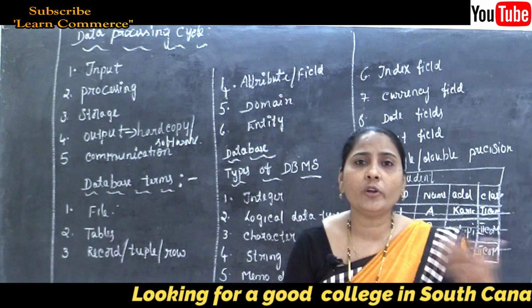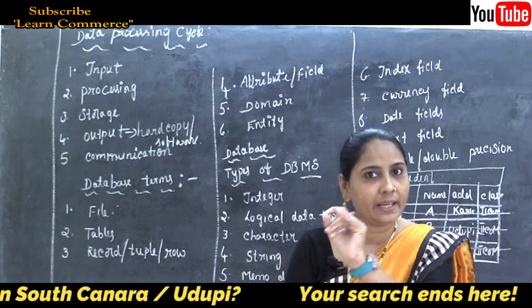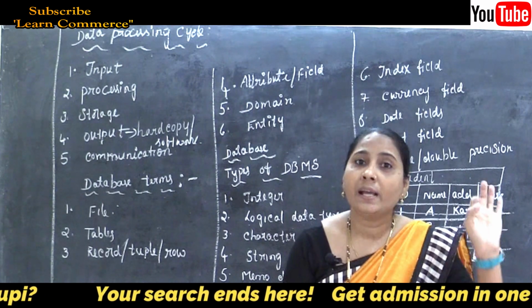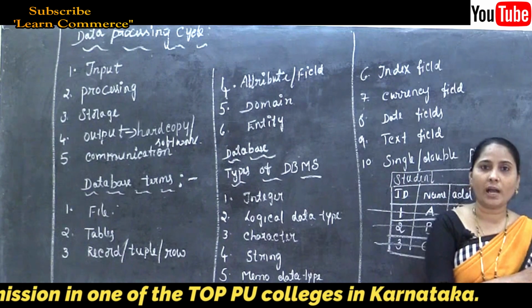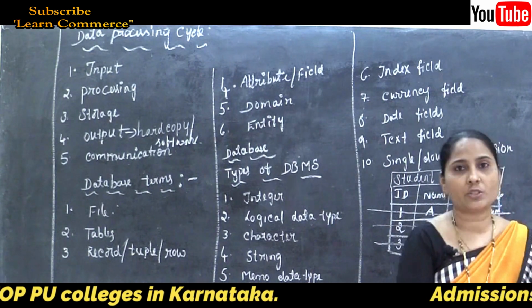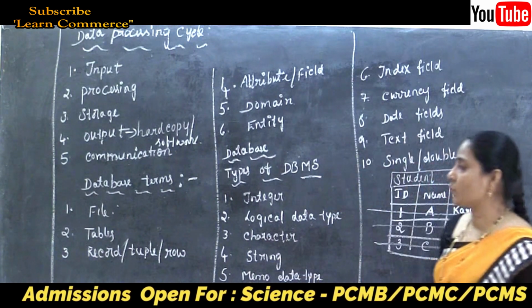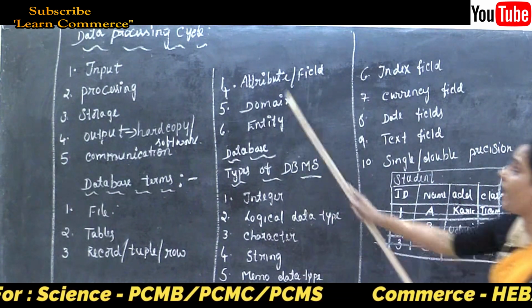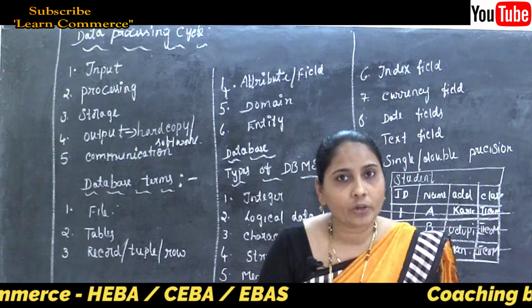Now what do you mean by a record? A single entry in a table is called the record. So the record is also called a row and also called a tuple. Clear this point here? And next, the next topic is the attribute. The attribute is also called the field, or the fields.